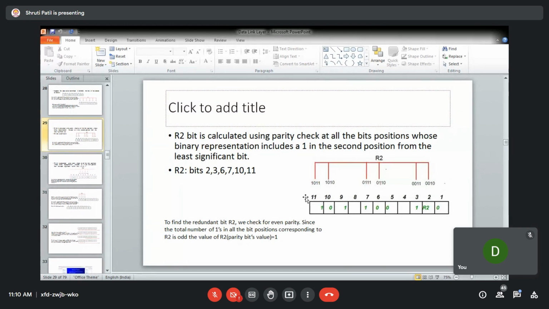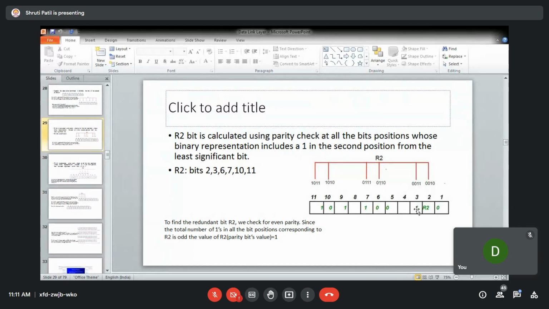So you will be checking these bits. Here you can see this is 1, 0. This is 1, 0. And this is 1. Now, how many ones are there? This is 1, 2, and 3.